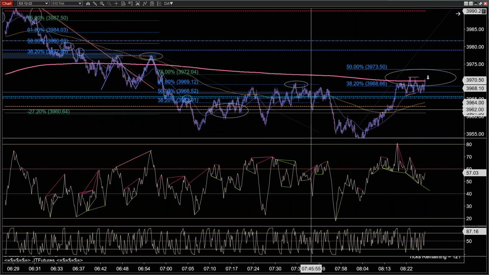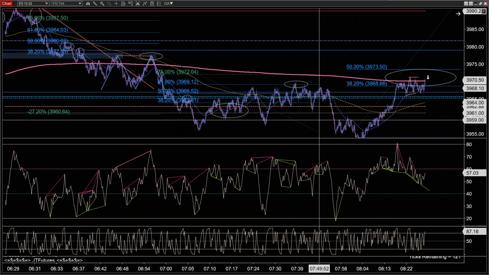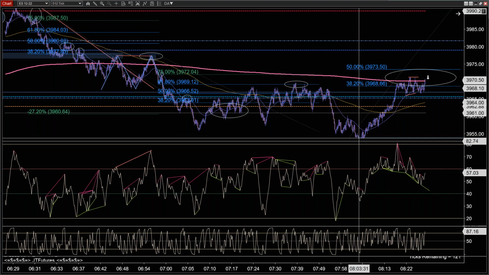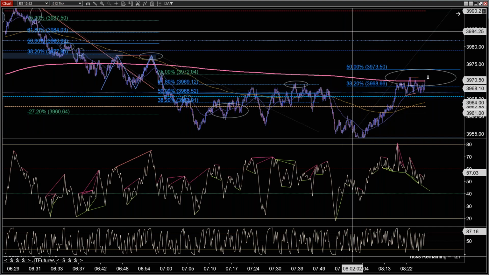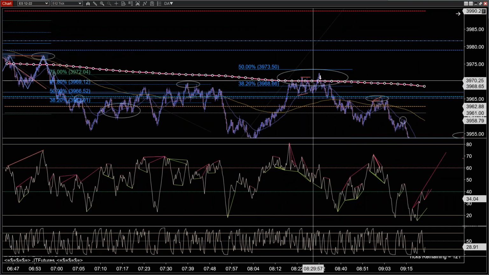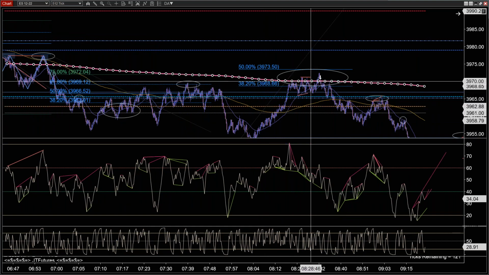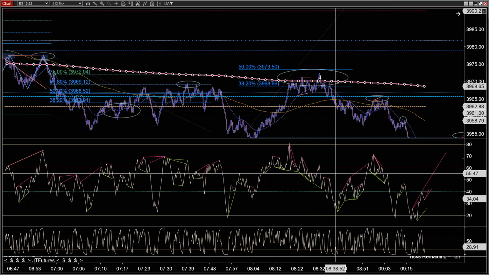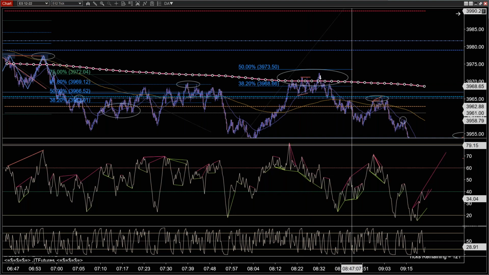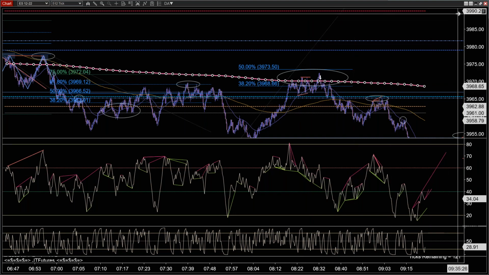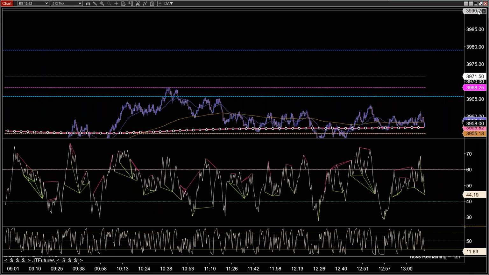For me, 2.5 points is the max I'm willing to give it. And again, the reason why is because if the level is going to work, it typically works within 2.5 points. Again, I know that because I have statistics to back it up. So essentially,